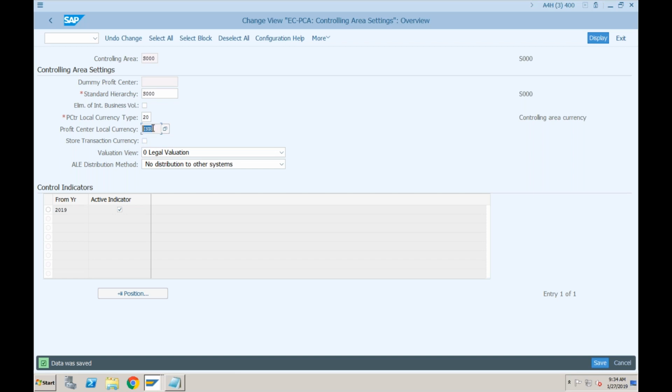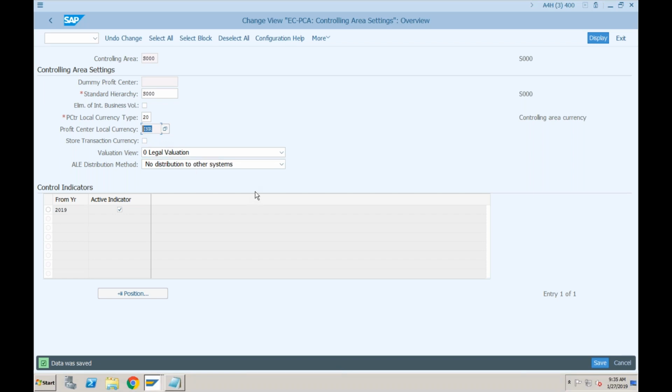But if you also want to capture the transaction currency information, then you have to tick this indicator. Normally, in terms of profit center accounting or controlling reporting, we are not worried about the currencies. We are only worried about our controlling area currency, and that is the reason this is completely optional, because this is for internal purposes. You got the point, Shailendra?